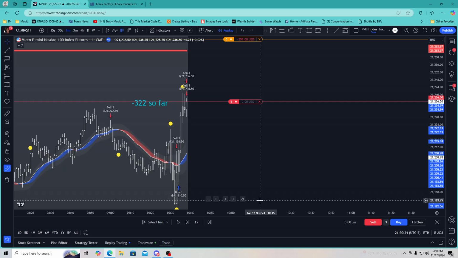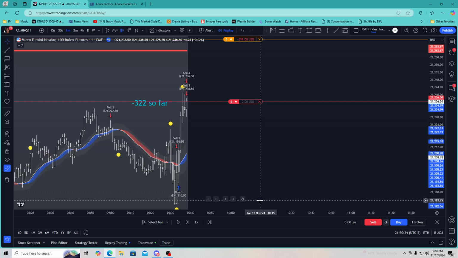I'm going to leave it, and I'm going to look to see if price comes back up. We're going to go break even here. I'm going to leave it, and I'm going to see if I can get another position. So see this right here. This is looking kind of flat. It's looking kind of flat. If I take a second position,